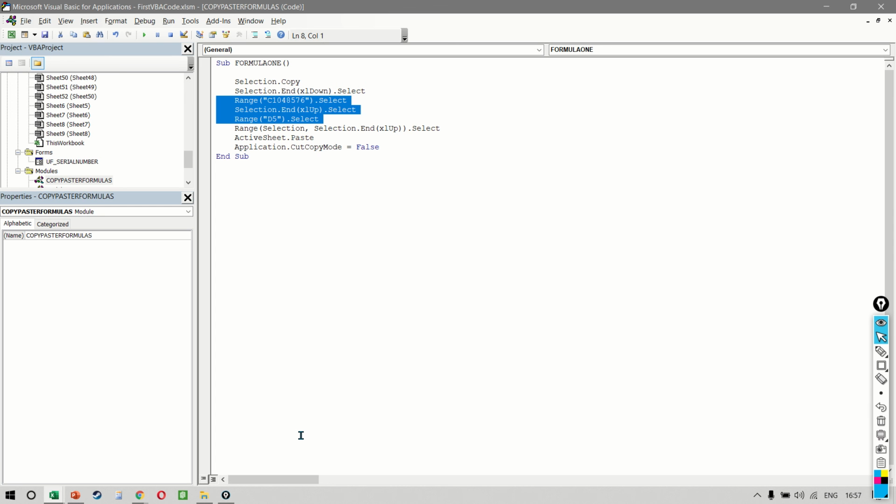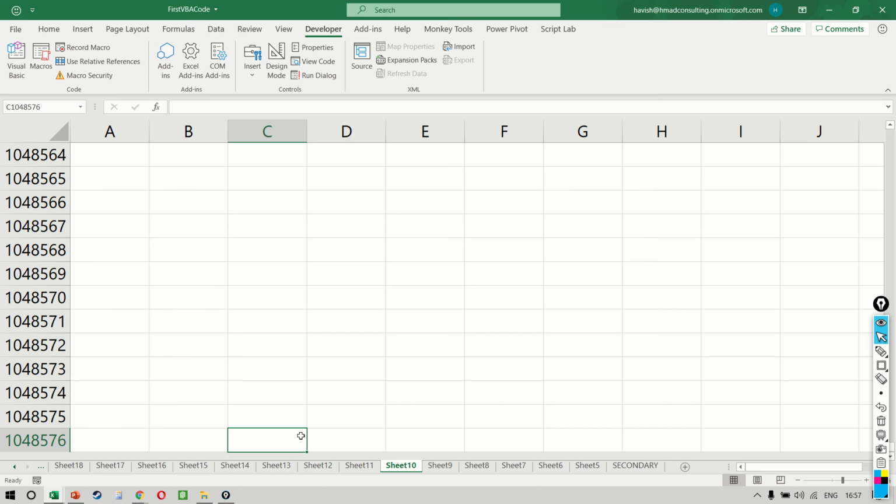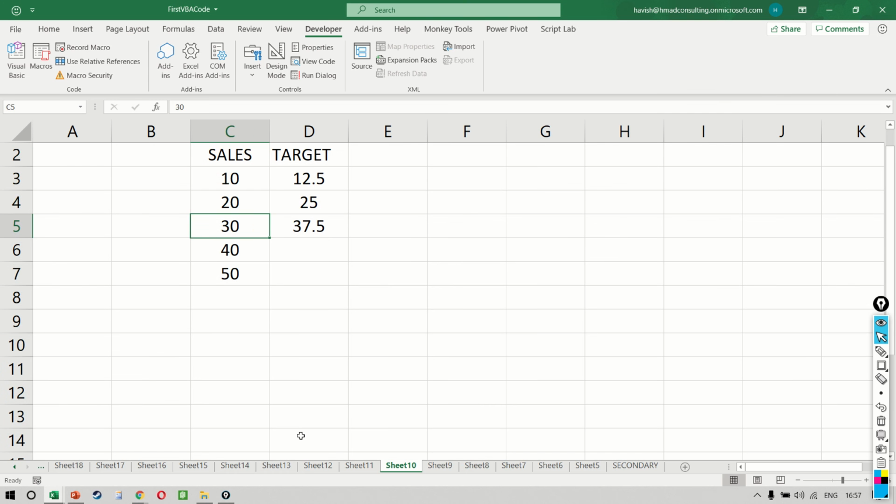Now this is the part which is a little problematic. If you notice, it is selecting D5. But why is it selecting D5 even though we have two more numbers, D6 and D7? Now remember, the reason for this is that when we recorded the code, obviously we only had values till 5, and that's the reason it is not going up till 7, right? And that's what we want to find out. How do we do this?